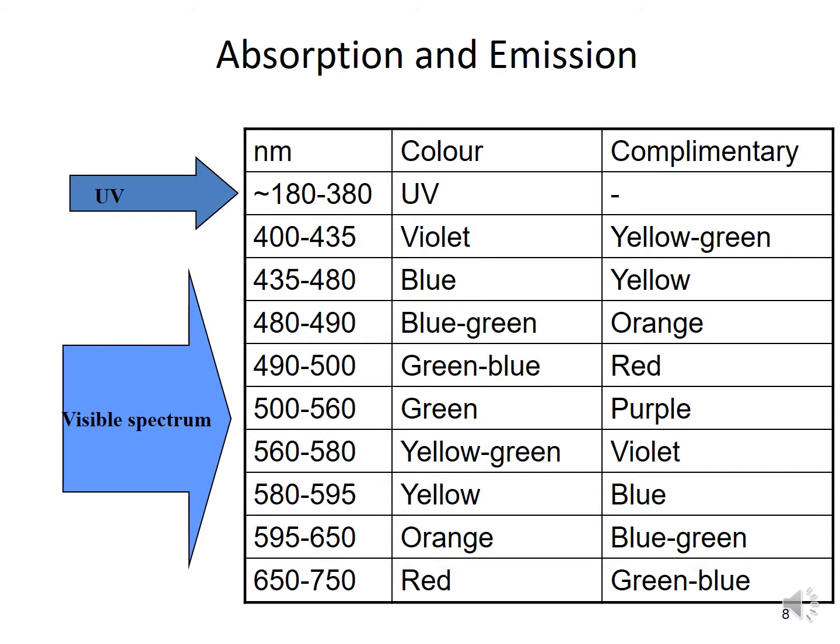This is the table that we always refer to, starting from around 180 nanometers until 400 nanometers. That region is UV, and it will not absorb any color, just ultraviolet. In the visible spectrum, starting from 400 until 750, you can see the color changes: from violet, blue, blue green, green blue, green, yellow green, yellow orange,